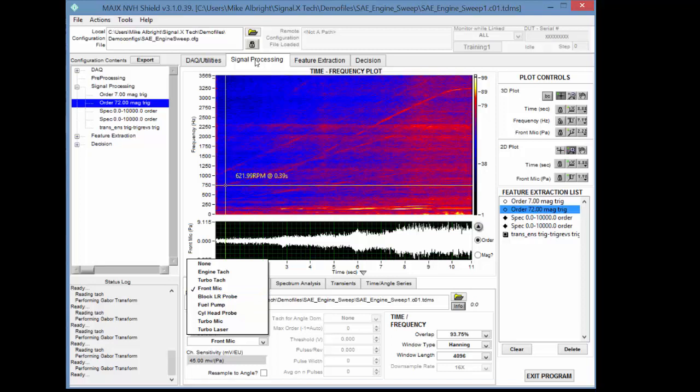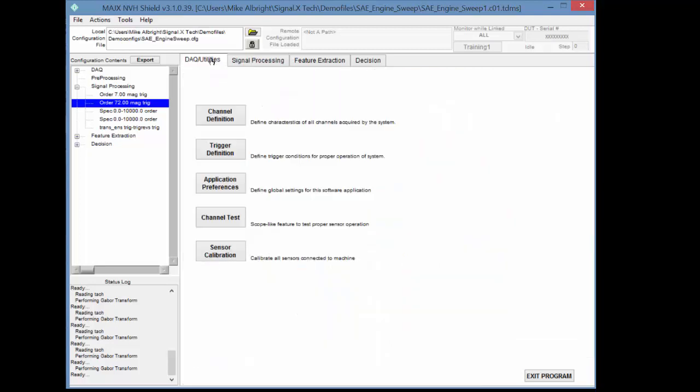Shield is divided up into 4 primary tabs. You have your DAC and Utilities tab, where you define your channel layout and set up triggers, which are the algorithms that find spots in the data file that are important to us. Preferences tab, defining file paths and the like. Channel test, which is a kind of scope tool where you can look at channels live and make sure sensors are healthy and working. And calibration, a utility that will put the NVH controller into a calibration mode, allowing us to see the signals live and assign calibration values,